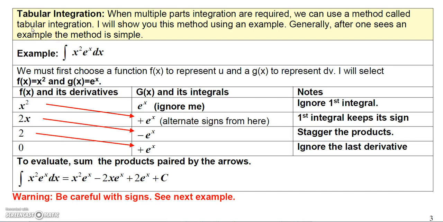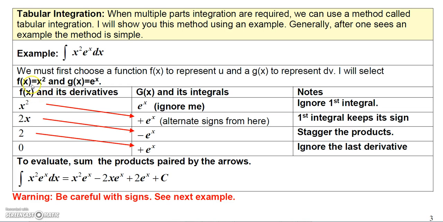Okay, when multiple parts integration are required, we can do something called tabular integration. And after you see one done, it seems to get a little bit easier. Okay, so here I have x squared e to the x dx. So I need to choose one of the functions to represent u, and another one of the functions to represent dv. So in the first column, I'm going to let f of x give f of x and